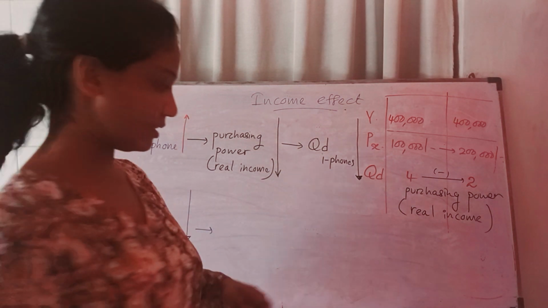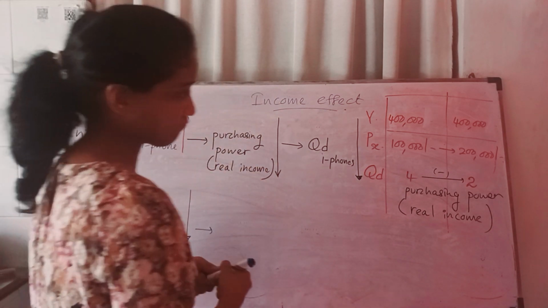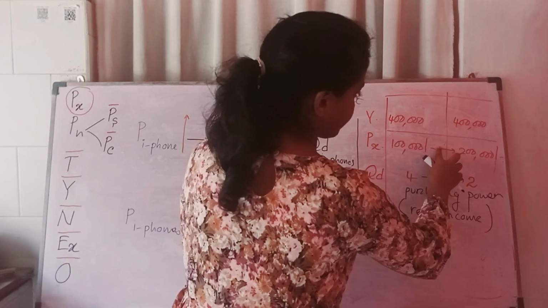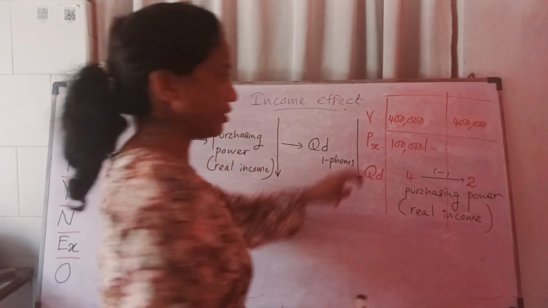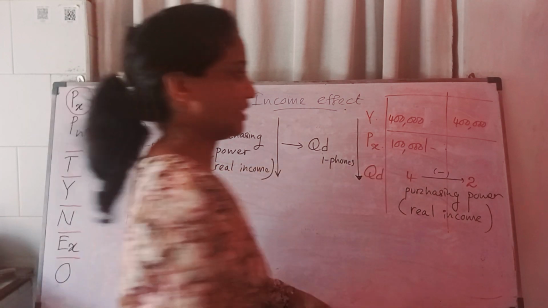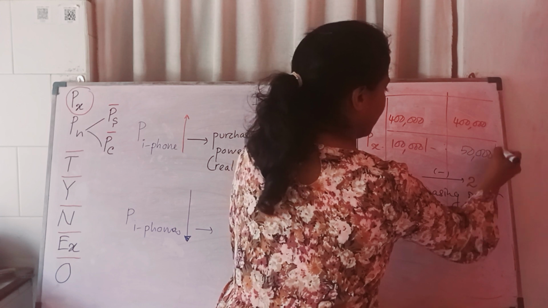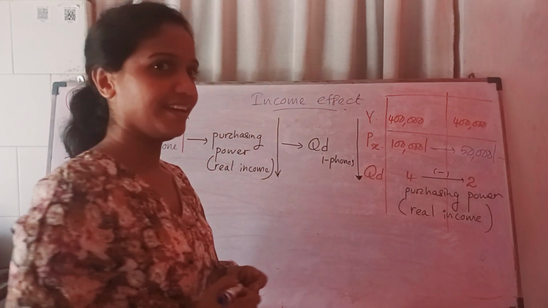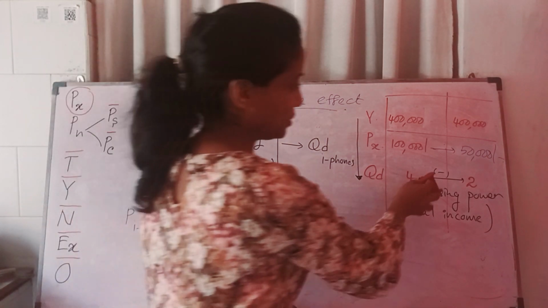Now the price reduces. Let's assume here. Now what happened? Before the price changes, the price of the iPhone is 100,000. Now let's assume it becomes just 50,000 rupees. Let's see what happened to our purchasing power, or let's see what happened to our